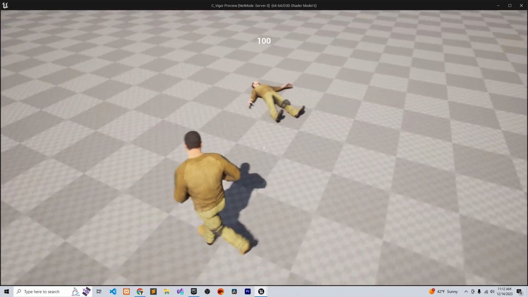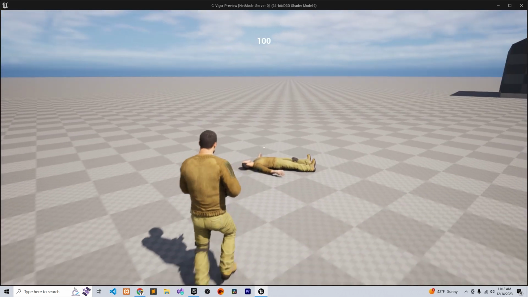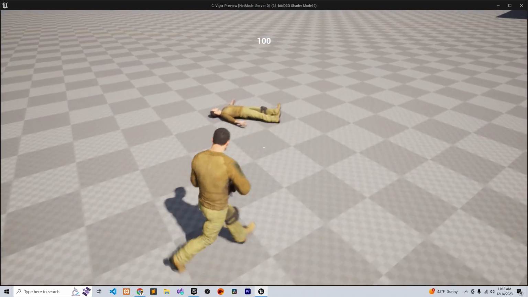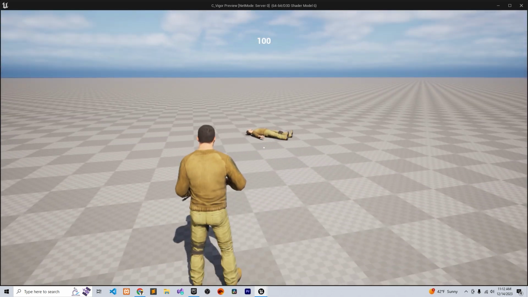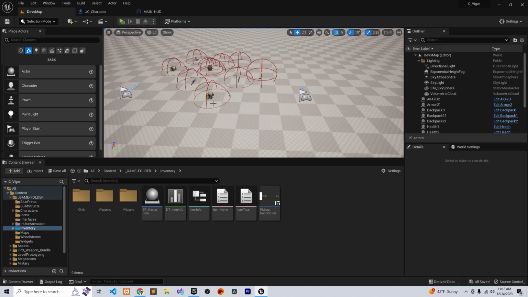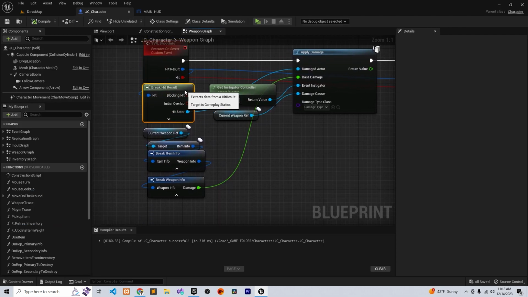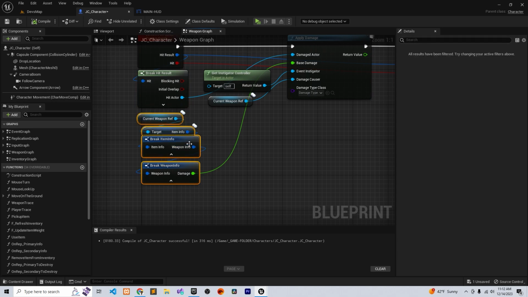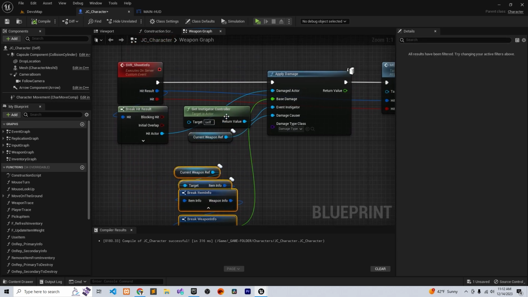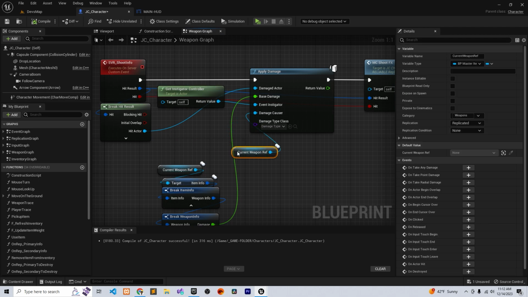ground. Okay, but before we do that, let's start working on the damage modifier. So when you shoot the character, it will say, oh, you did 5 damage, 25 damage, 40 damage. So find your shoot info. Okay, what we do in the shoot info. So the first thing I'm going to do, I'm going to collapse this